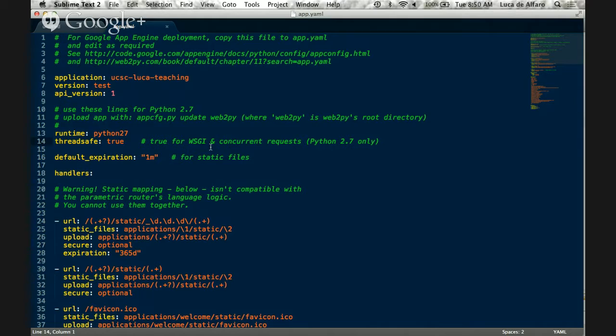So you are not sure that you get a fresh thread when you get a new request. Why do I say this? Because, for example, in some other code I've written, not in CodeGrader, I wanted to have some thread-specific storage. If you look at Python libraries, you can have some thread-specific storage. I wanted to do some level of caching by hand of the database inside the thread, because it would save me a lot of time.